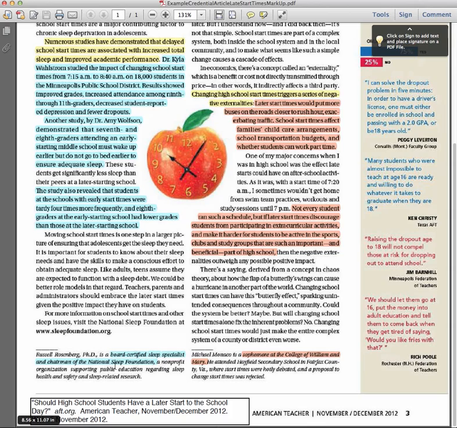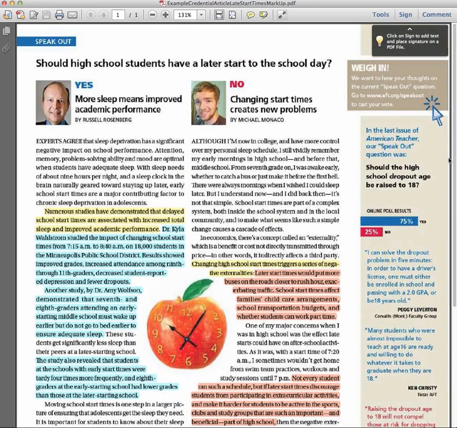So, even without reading this full article, I'd ask myself, is this person qualified to talk about sleep? And would he be qualified to make a statement that says more sleep means improved academic performance? Well, I think that he would. He holds a PhD, he holds a position on a place that does sleep research. So I would think that he has some good background. And so anything he has to say on this, I think would be pretty believable.